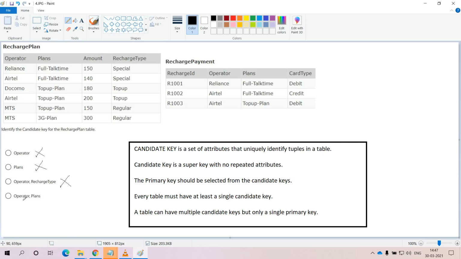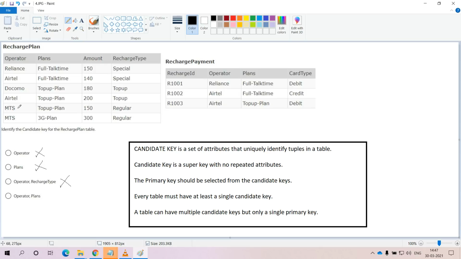Coming to the last option, with the operator attribute and plans attribute, let us check it now. For Reliance the plan is full time, for Airtel the plan is full time, for Docomo the plan is top up, and again Airtel is coming but the plan is different. That means we are uniquely identifying the tuple.